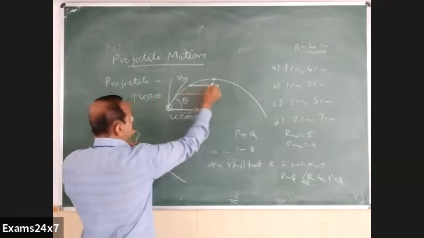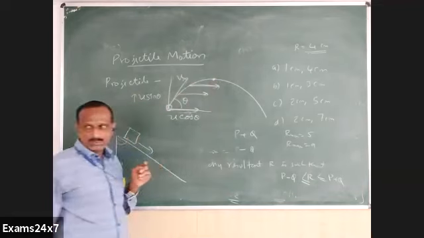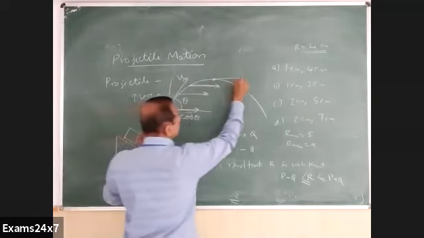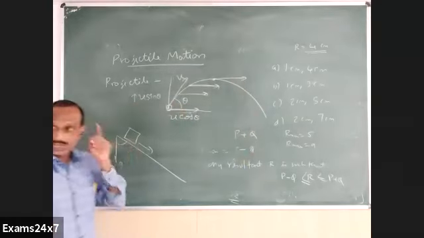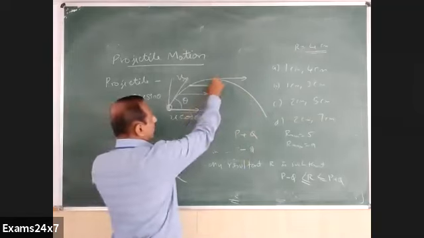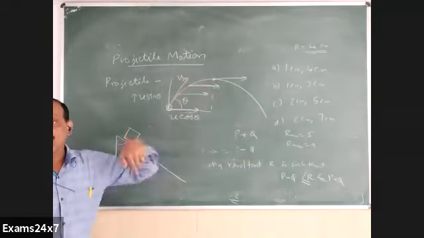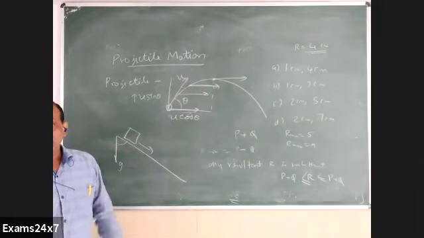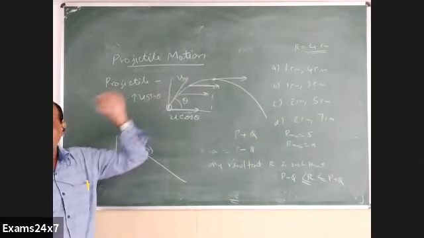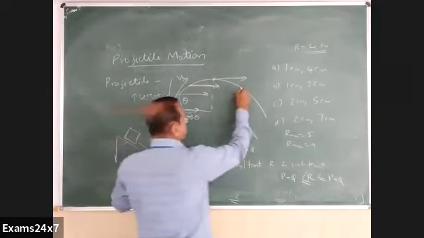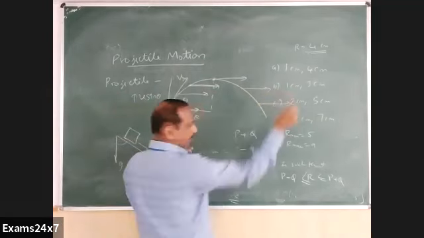What does it mean? Correct. Now someone is giving the answer. At the highest point it is u cos theta itself. That remains unchanged. That is why after coming to this point it is not falling. If it becomes 0, it has to fall from that point. Why is it not falling? So that right side pulling factor is still present in it. So u cos theta is unchanged. Everywhere I have to maintain the same length.